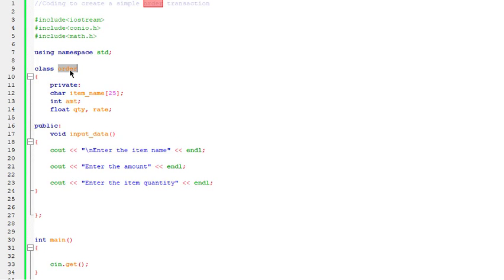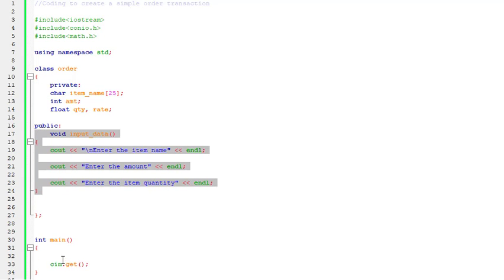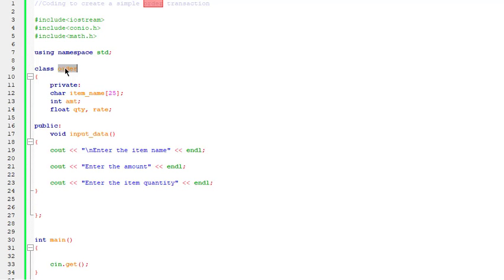So in order to create an object, we need to grab this order and paste it in here and use an object name to attract this function. So let's go ahead and do it. How do you do it? Take this order, create your object name. So order, say obj1, and this obj1 can really be anything: obj100, obj, object, whatever. I'm just going to go ahead and take object, and then you go with